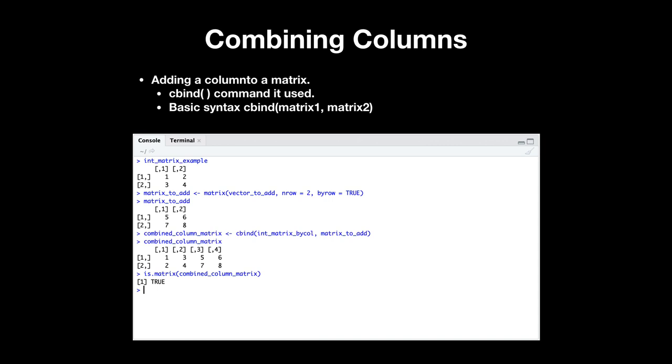Another way you can go about doing this is by combining the columns. So you can go ahead and add a column to a matrix by using the function cbind. Same exact notation, but you're actually going to be combining it by columns and not adding it to the rows at the very bottom. So we'll be working with very similar